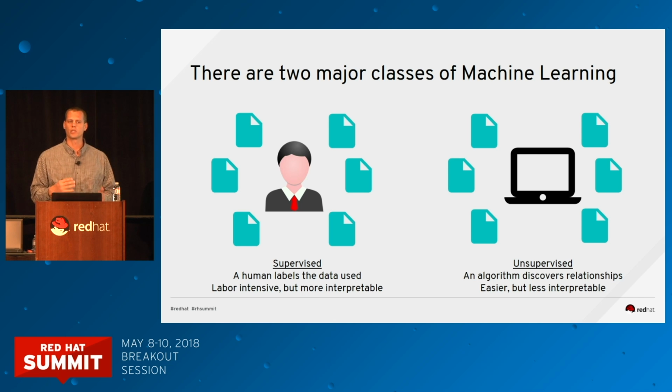Unsupervised is a little different, where you don't provide a target value. Rather, the algorithm itself will figure that out. And it usually does it by clustering, where it'll start and group data that it identifies as being similar in different categories, and then runs algorithms that way. The POC we're going to show to you today is going to use the supervised